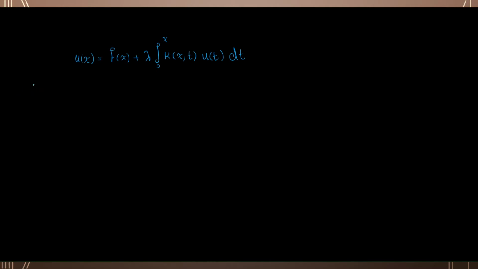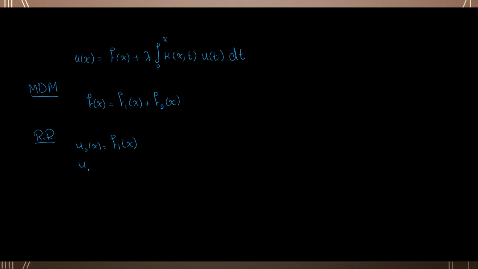We want to use the modified decomposition method. So we split f of x into two functions, f1 of x plus f2 of x. And then for the recurrence relation, by taking u0 of x equal to f1 of x,